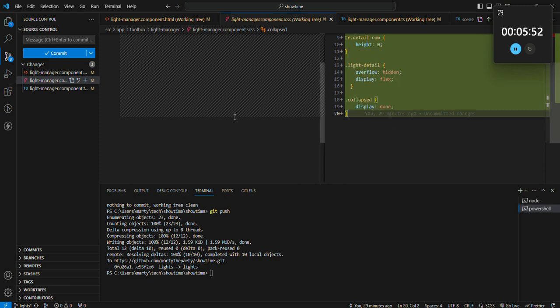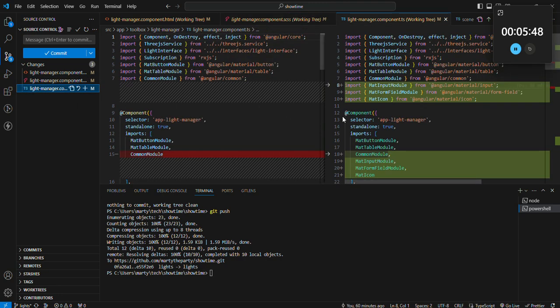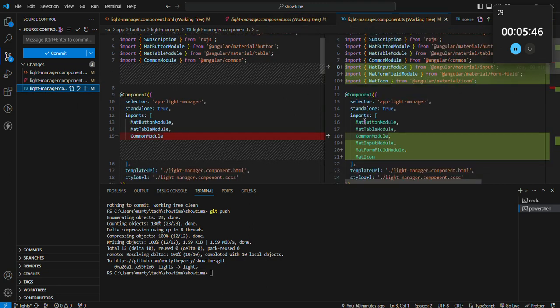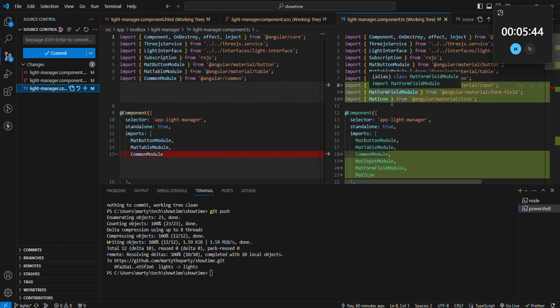Until I took that, it was not working. So over here in the TypeScript, there really wasn't a whole lot. I had to pull in the input modules and the form field modules, and actually I don't even need those at this point. I will need them though when I do the detail, but for now, I tried to do the detail,